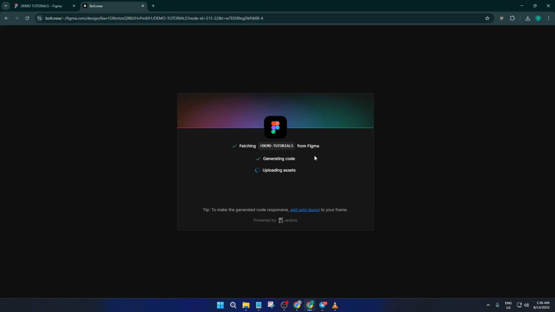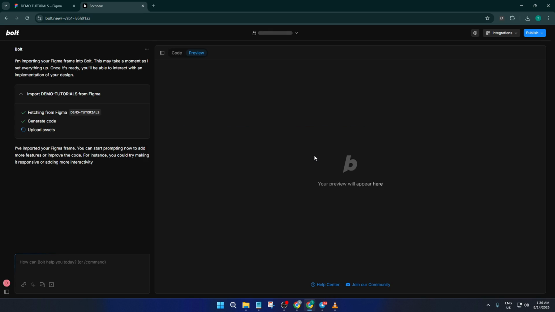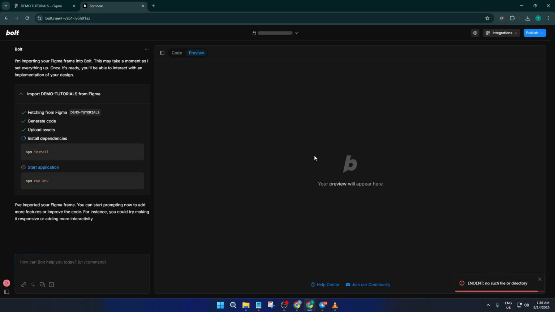Take a few minutes to preview your new site. Click through, test the interactive elements, and get comfortable with how your design works as a real app. If any details look off, don't worry, you can tweak things either by editing the design in Figma and re-importing, or by using more natural language prompts in Bolt.New. And that's it, you've just brought a Figma design to life, ready to be customized and shared without writing a